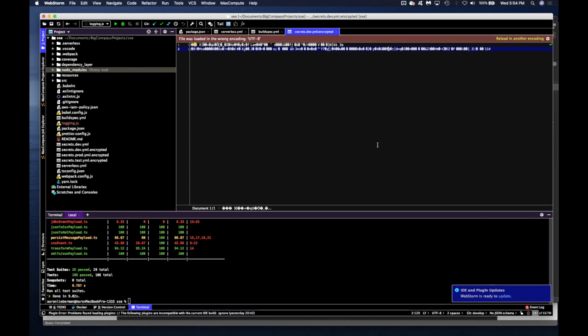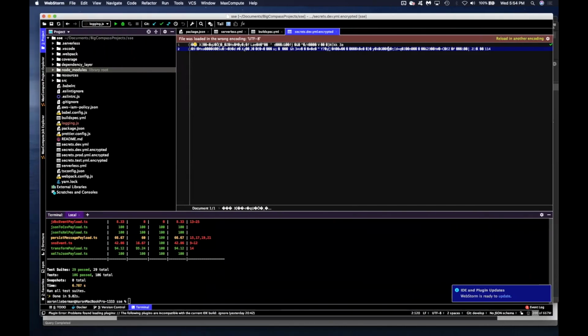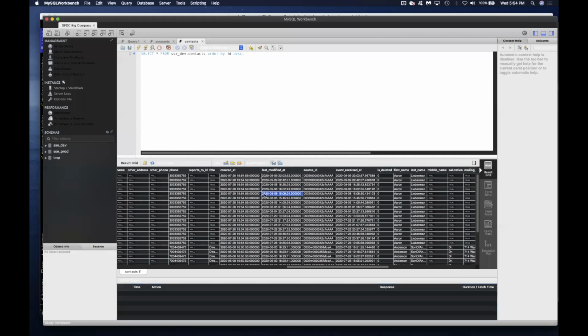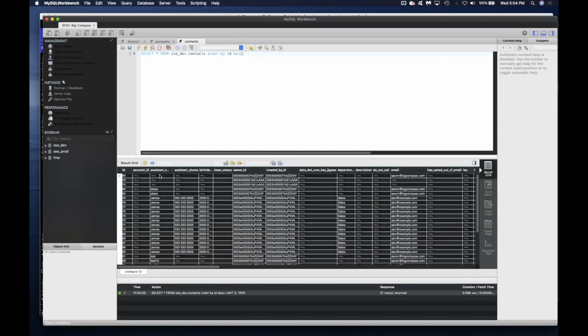Next, the demo I'm going to show now is a real world scenario where we're looking at changes to a contact in Salesforce.com. Changes to a contact will event out through our platform and land in AWS RDS. Actually, again, real quick before I do that, I'm just going to show you our table. This is our contacts table. Salesforce is pumping this information to this RDS table. I'm just going to query the table, and we're going to look at the last record here.